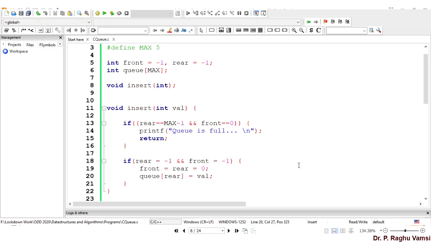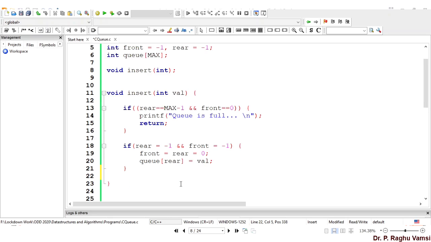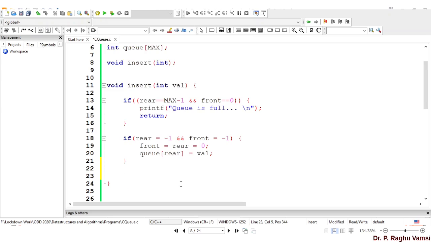So the first element, whatever is inserted, will be inserted. The element that is inserted will be in the 0th position. So that is when the rear is equal to -1. So here it is equal to, the equality symbol.